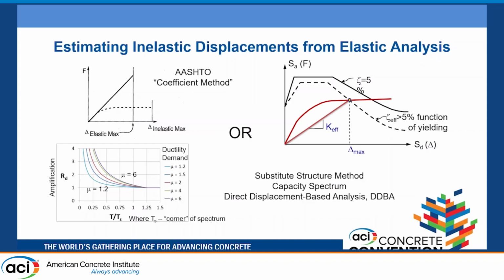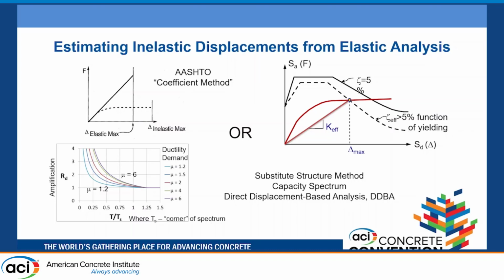The completely different way of doing this is the direct displacement-based analysis, which also goes by the name capacity spectrum or substitute structure method, and that is, you can look at a family of response spectra. You can plot response spectra now as spectral acceleration, and instead of period, spectral displacement. And it's just a matter of reparameterizing the equations. And so the typical design spectrum is 5%. But if we